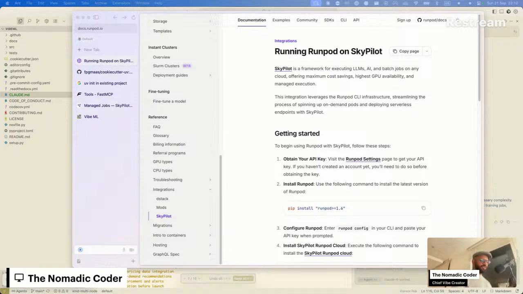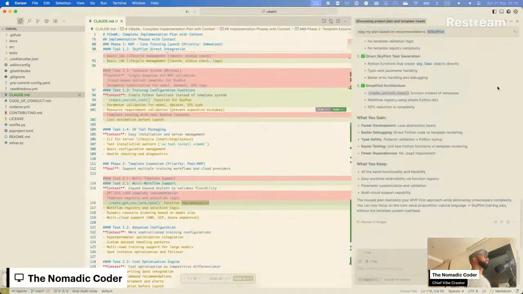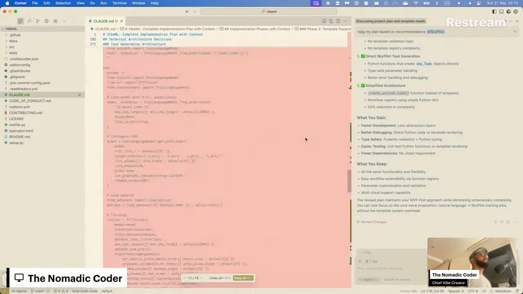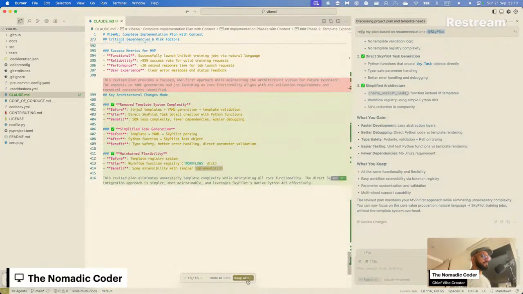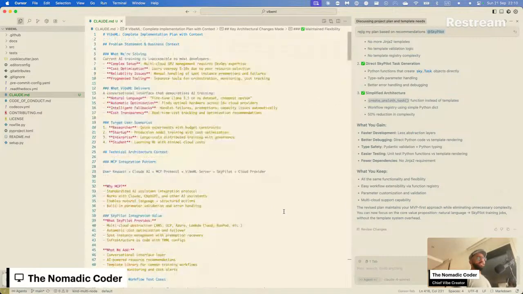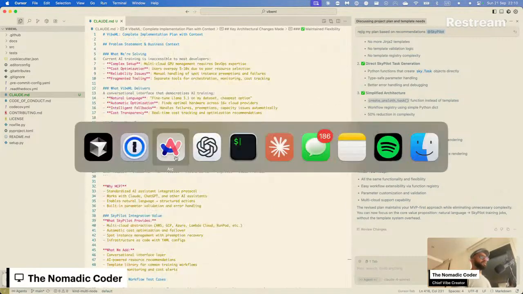Extremely risky. Copy this before it's too late. Okay, I think that's fine.